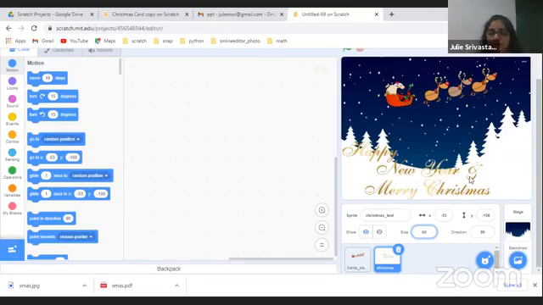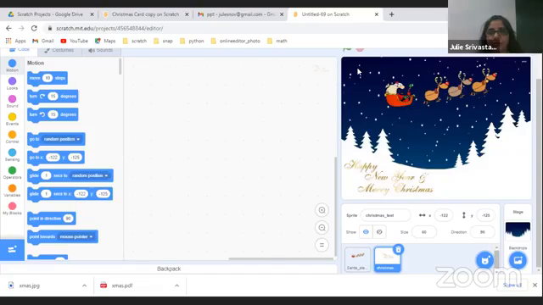Let's reduce the size to 60. And let's drag it and fill up the space on the left hand side here. So we are going to upload another sprite, which is called the Christmas underscore text. You need to move the text at the base on the left hand side of the stage.